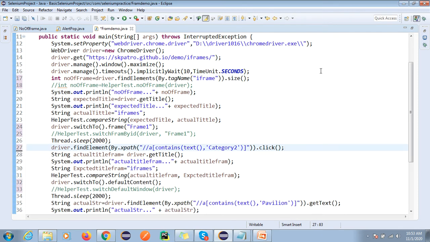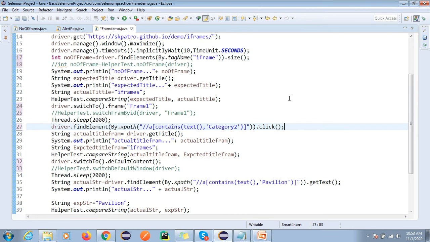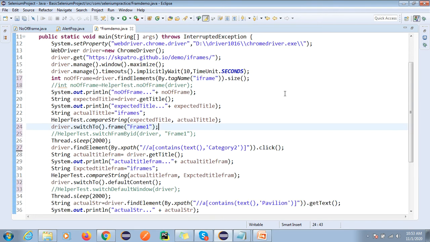Okay, got it, right. So I am doing only three validations. In real time you have 10, 15, 20 validations. So the concepts are the same. We are writing the code the same way. The concepts are the same. We are not doing anything different. You did not understand? Okay.